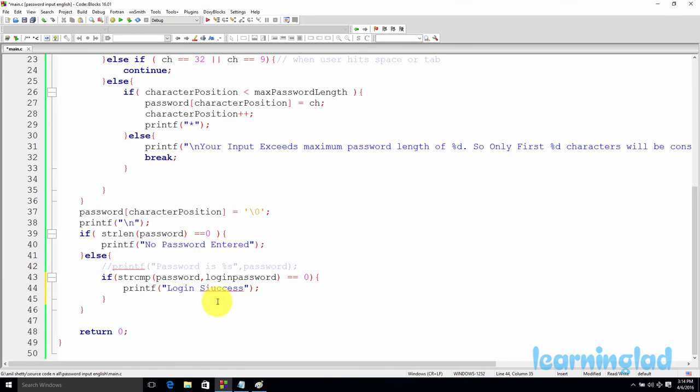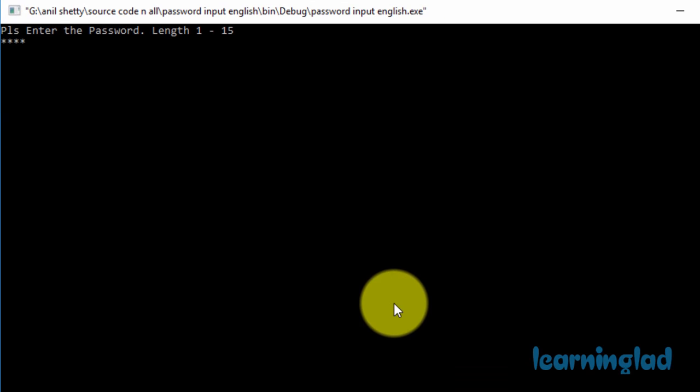This strcmp function is going to return a value of 0 if these two strings match, these two arrays containing the same characters. Else we're just going to say login failure. So it's going to be login failure, and I'm going to save this program, and then I'm going to build and run this. And this time I'm going to enter my password as Anil, and if I hit the enter button, it says